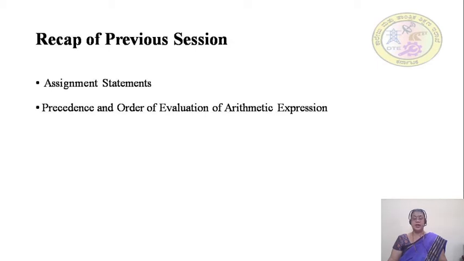An expression can be evaluated based on priority of operator and associativity or order of the operator.